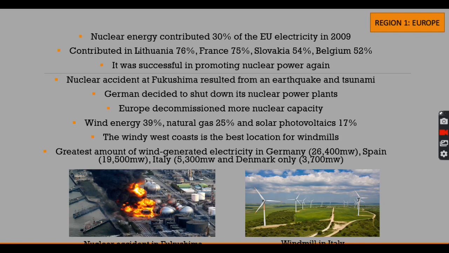In recent years, the nuclear power industry was successful in promoting nuclear power again, but the devastating nuclear accident at Fukushima Daiichi Nuclear Power Station, resulting from an earthquake and tsunami, alarmed the public once again. Then, Germany decided to shut down many of its nuclear power plants. Though more nuclear power plants are being planned and built, Europe actually decommissioned more nuclear capacity than it installed in 2009. Of all the new electricity generating capacity installed in Europe in 2009, 39%